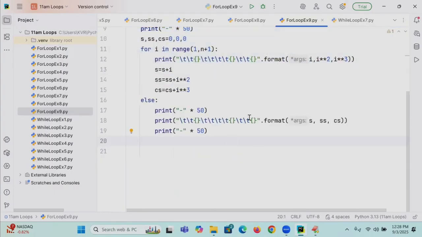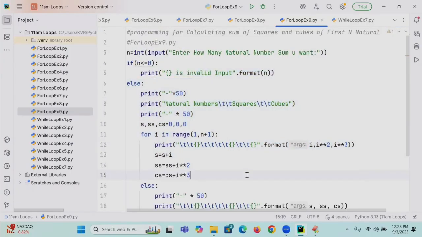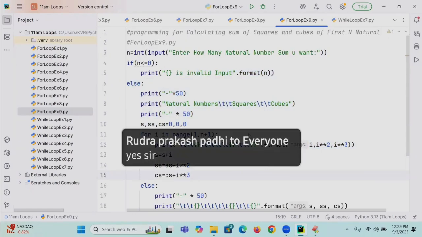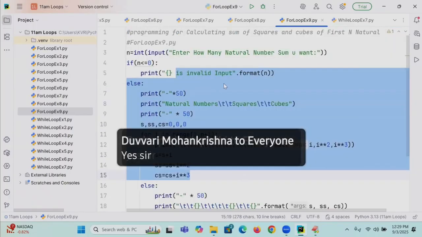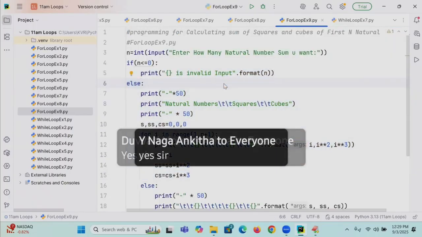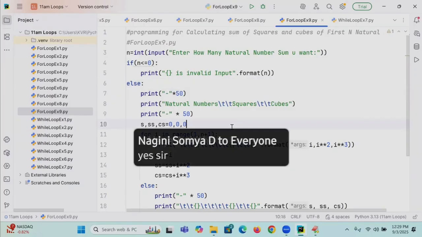Online students, is it clear? Is this example clear? Quick. Right. Next, I will go to another example. Right. Write a Python program